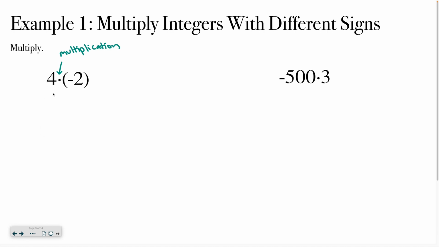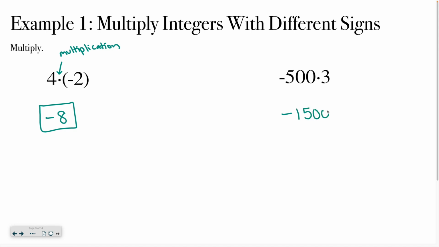So jumping back, I have 4 times negative 2. So I know a positive times a negative, my answer is going to be negative, and then I multiply like normal. 4 times 2 is 8. And that is all I have to do for that problem. Looking at the second problem listed on this page, I have negative 500 times 3. Again, I have one positive, one negative. I know when I multiply those together, I'm going to end up with a negative. And then 500 times 3 is going to be